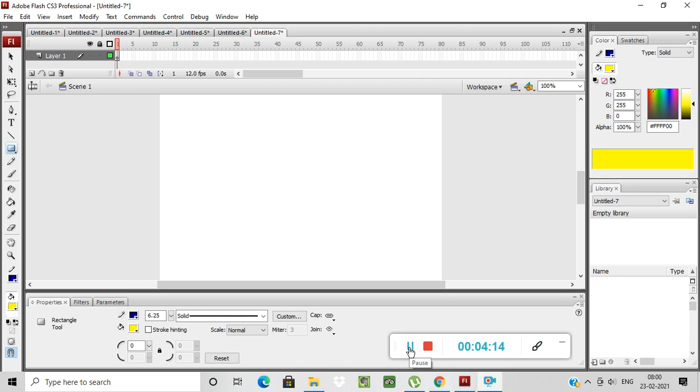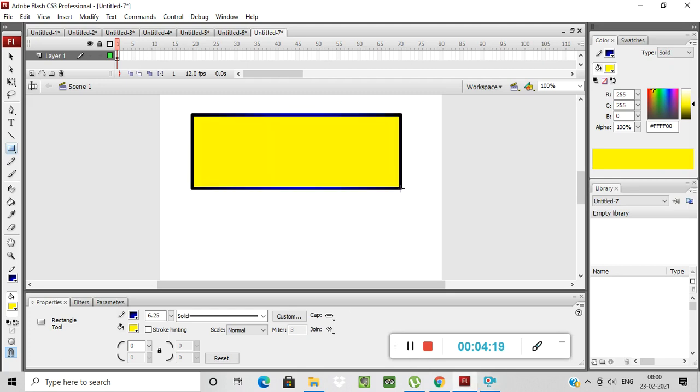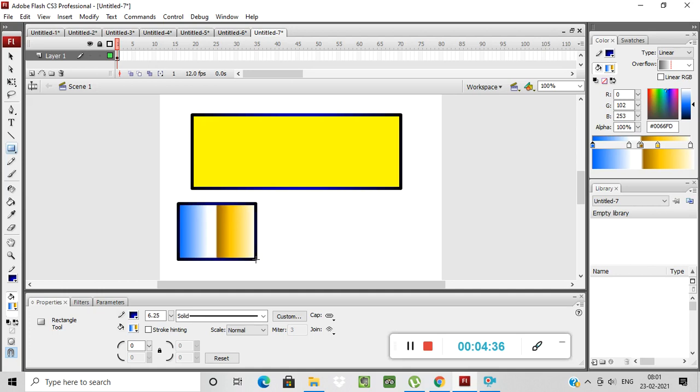Next topic is gradient fill. Suppose I am drawing one rectangle over here. This is your normal solid fill. In this color panel you can see the type over here. If I want a linear type, you can select the type and draw with linear type. See, this is your linear type.